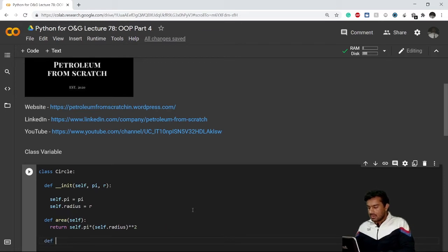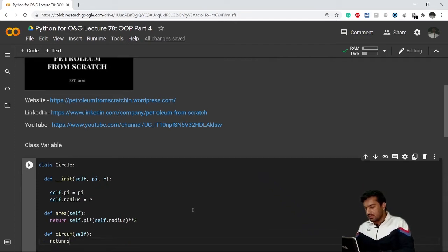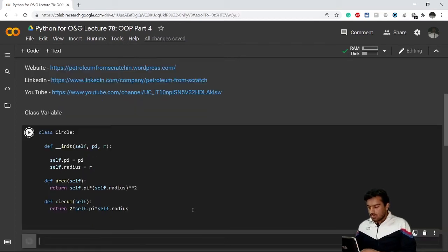Then I can define another method that gives me circumference. So circum self, and it returns 2 pi r, right? So 2 star pi, that is self dot pi star self dot radius. This is how you define it. So now if I have to create an object, let's say my circle underscore 1, I'll simply write c1,